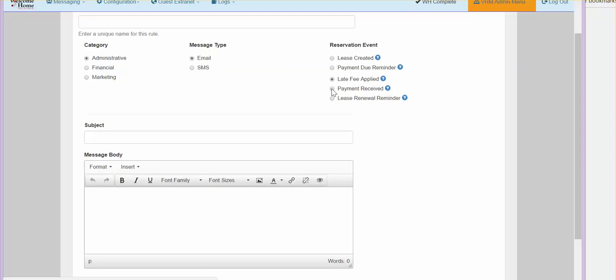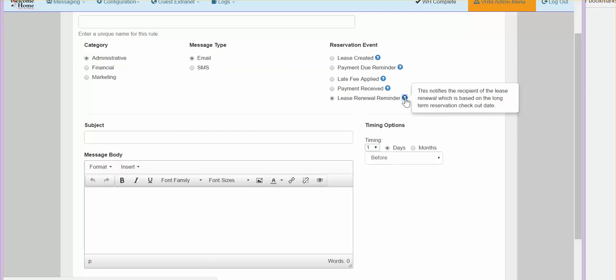For the payment received reservation event, if you select it, again, you'll notice that there are no timing options available. This is because your email or text message will automatically be sent when the payment has been received. And the final reservation event you can select to tie your message to is the lease renewal reminder. And again, you can select here to send your message out before the lease expires, days or months before it expires. And if you need additional information about any of the reservation events, if you click on the blue question mark, it will give you